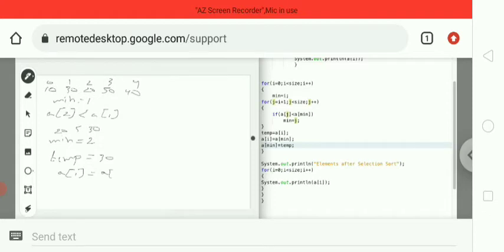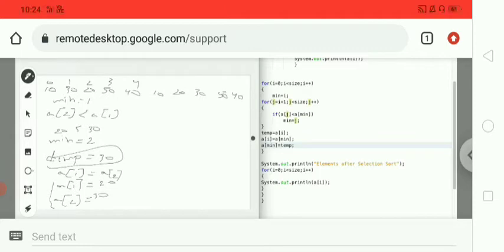In a of 2 we have 20 value, that means in a of 1 20 value will be stored. After that, a of min, that means a of 2 equal to temp. So in temp we have stored 30 value. So in a of 1 20 will be stored, and in a of 2 30 will be stored. So after swapping, the elements will be arranged like this. So here second iteration is finished.